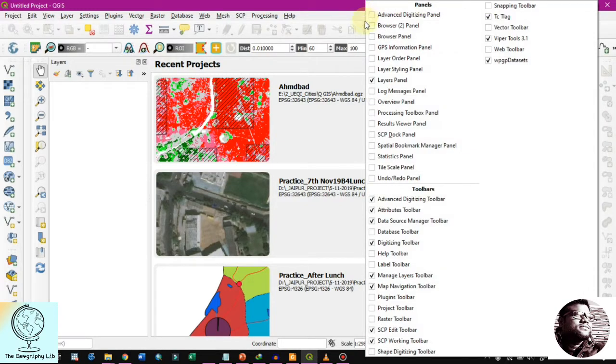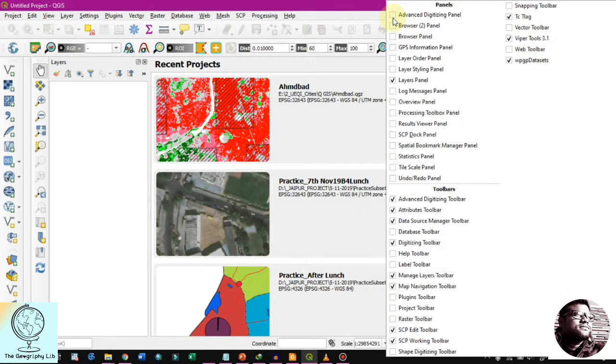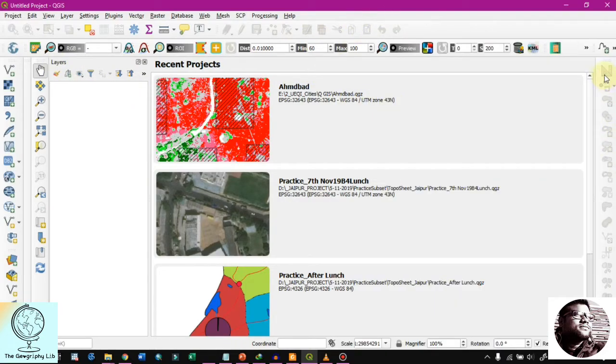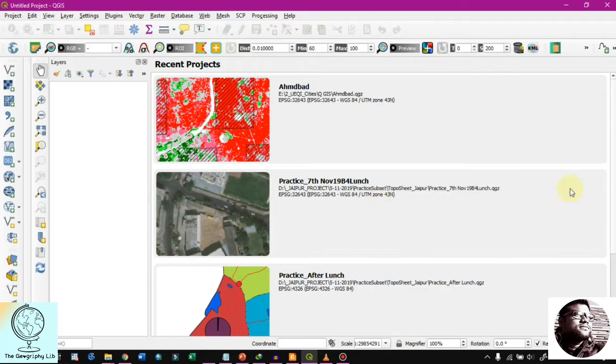Then you will see some options, that is the layer panels, browser panel, etc. So if you want to remove the advanced digitizing toolbox, right click and uncheck this, and it will go automatically.